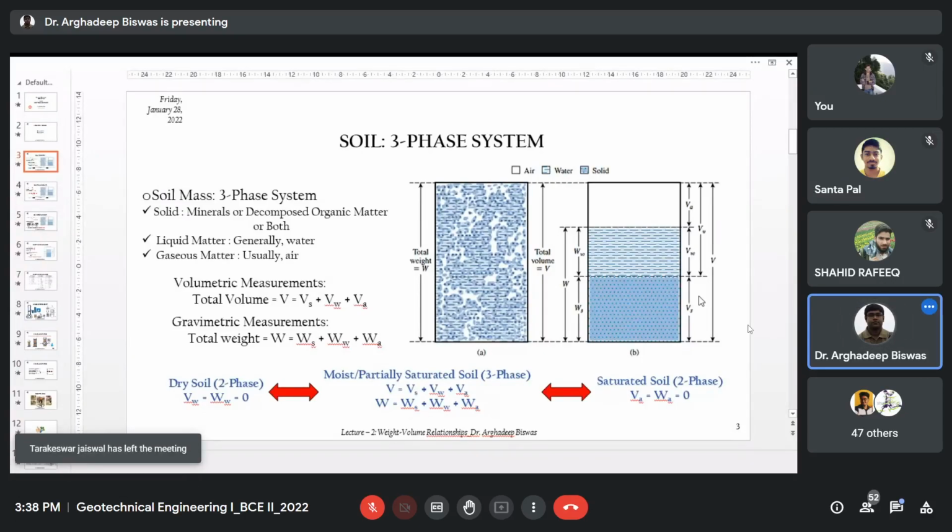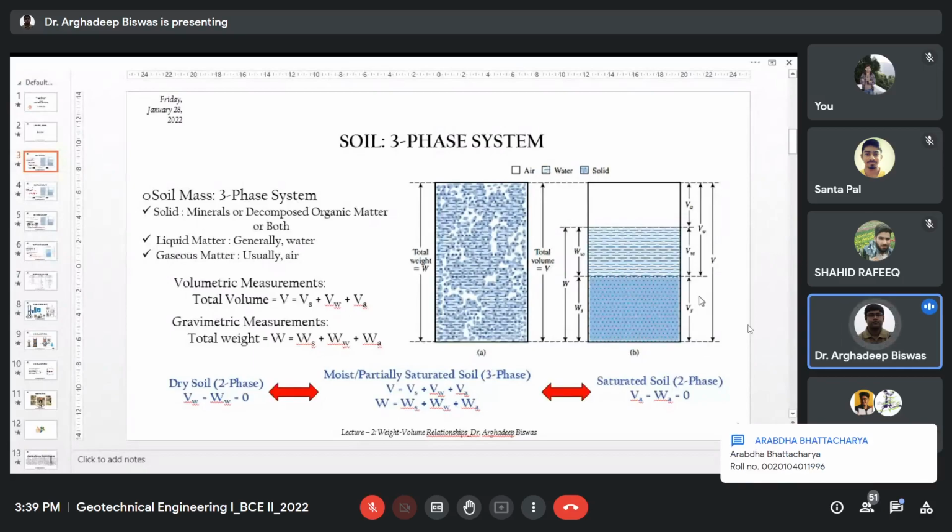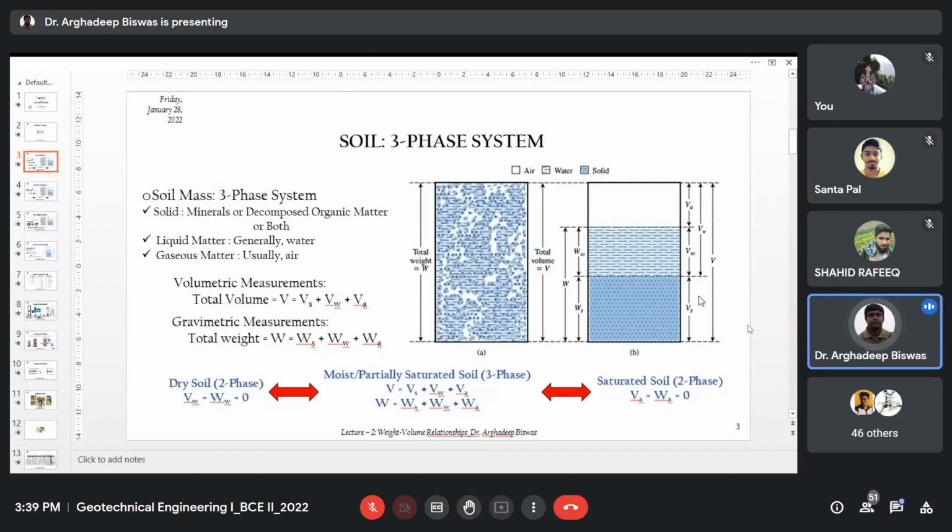Why is it a three-phase system? Let's say you are taking a handful of soil, clay from anywhere, digging that clay. What can you find? You will find the solid particles. Those solid particles could be moist. As it is moist, it will contain liquid, or water in our case. As well as in between the moist or dry soil particles, we'll find a lot of void spaces, or you can say the body is perforated. In that perforated body, in that whole soil mass, the perforations signify the void spaces